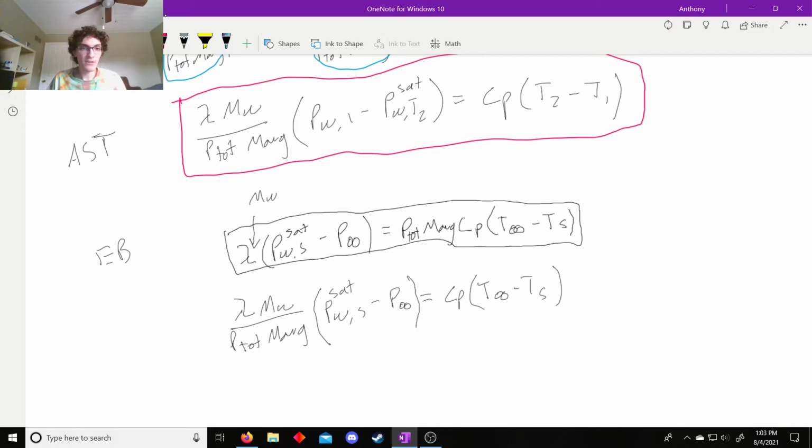So what we can see here is that these are actually very similar. This set of terms out here is exactly the same. And in here we have our two saturation pressures of water. And these are actually flipped. But that must mean these are flipped as well. So actually what we should do is